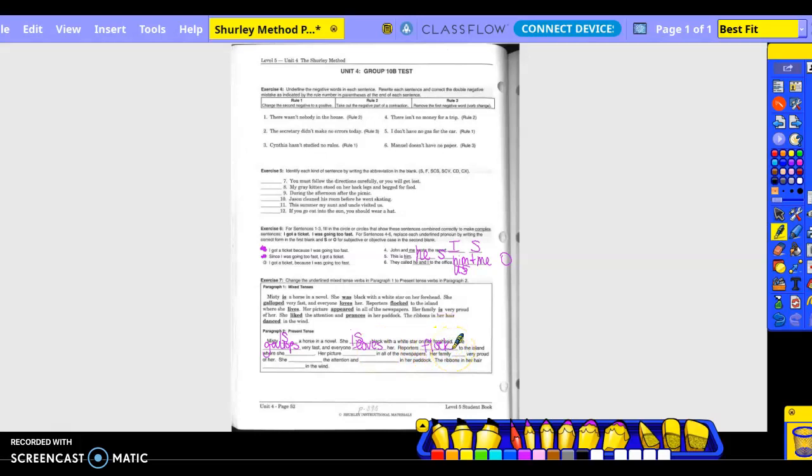to the island where she lives. Her picture in all of the newspapers. Her family is very proud of her. You guys are going to do the last 3